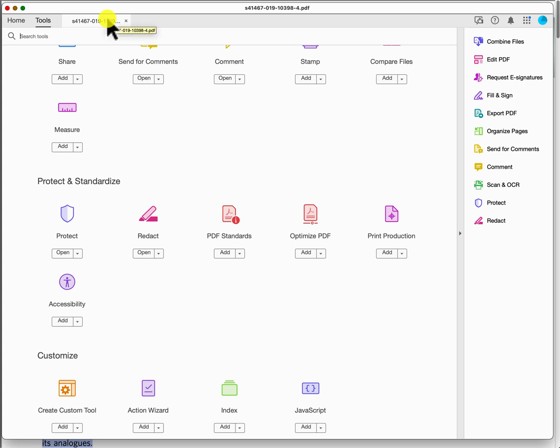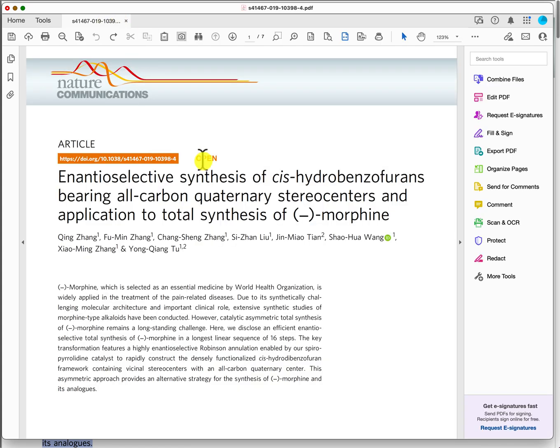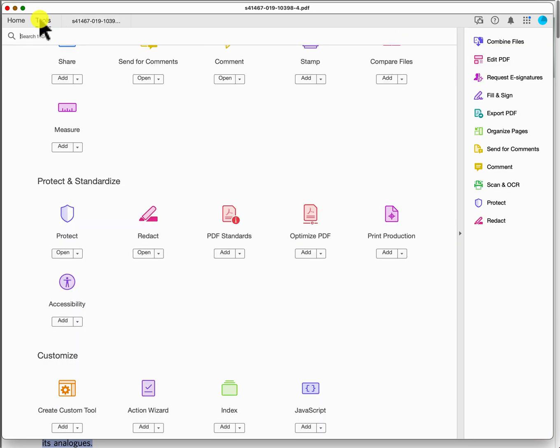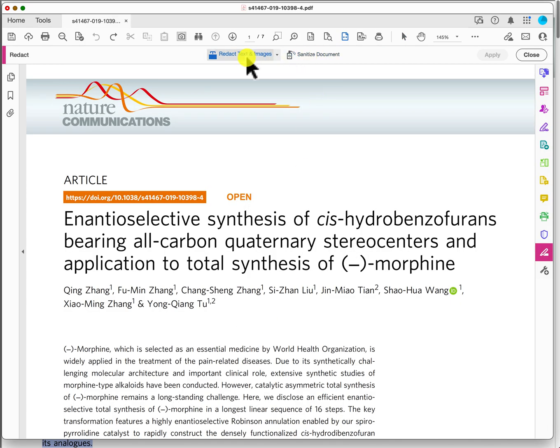and go to my PDF. Okay, I don't see anything yet. Let's go back and just try it one more time. Click on the Redact icon, and there you have it. You'll see the two icons appear here: the Redact Text and Images and Sanitize Document. Under the Redact Text and Images, if you click on the downward arrow, and if you click on Properties,